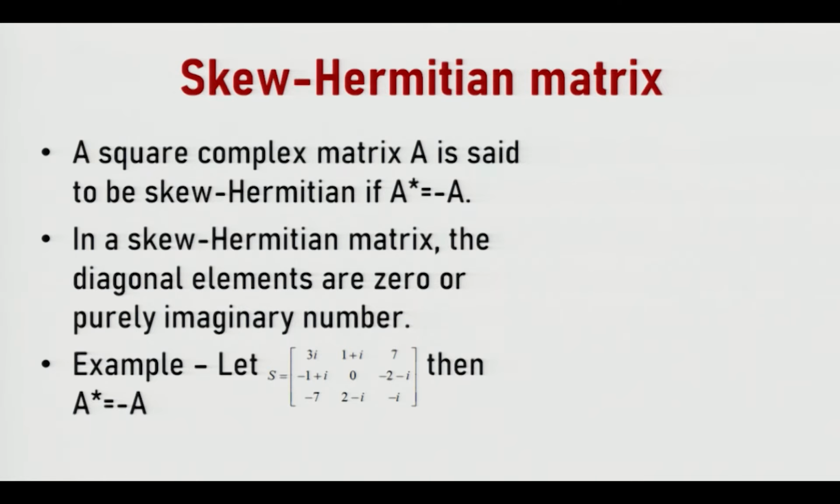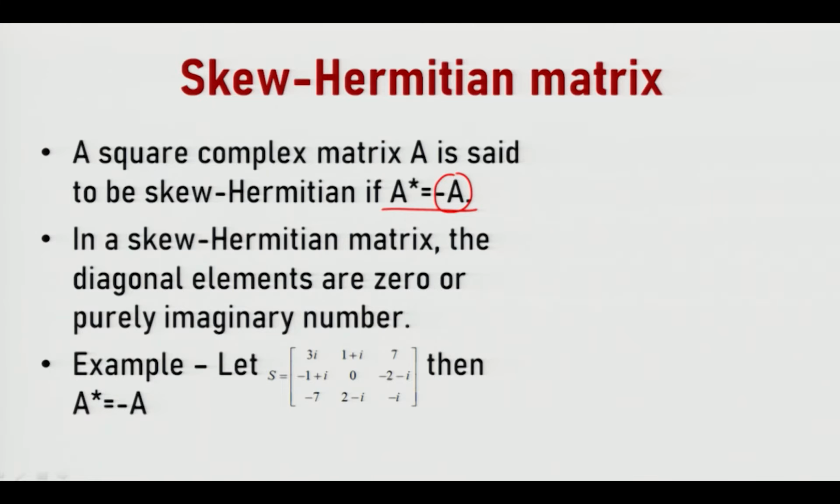Now skew Hermitian matrix. The definition of skew Hermitian matrix is this: a square complex matrix A is said to be skew Hermitian if A star is equal to minus A. There is only one difference. In this case there will be minus A, and in the Hermitian case this is plus A. So remember this definition. Now observe here, in a skew Hermitian matrix the diagonal elements are 0 or purely imaginary